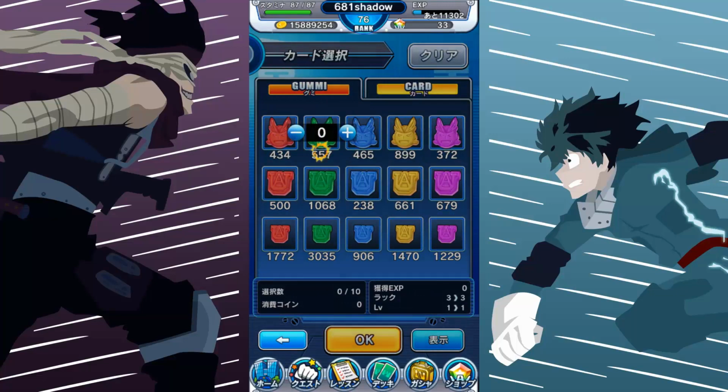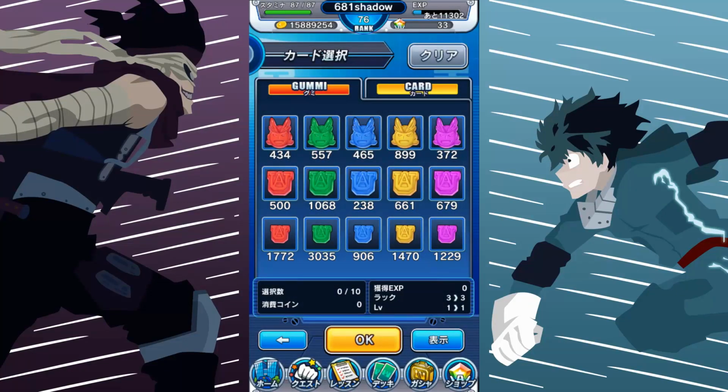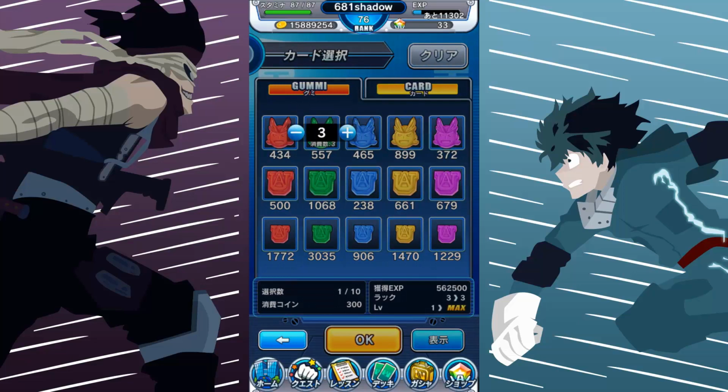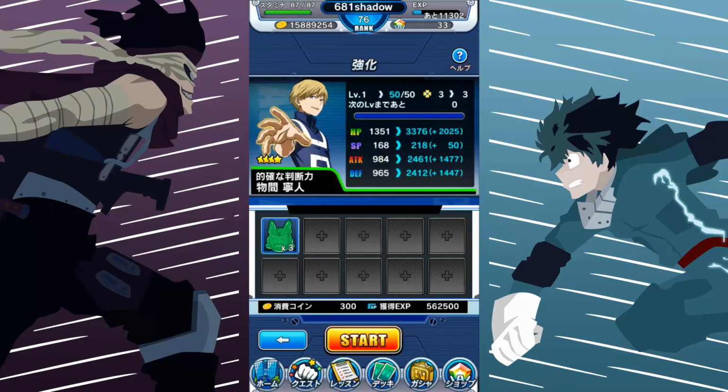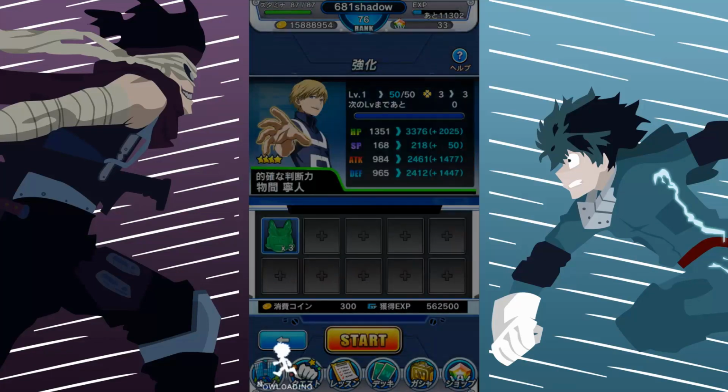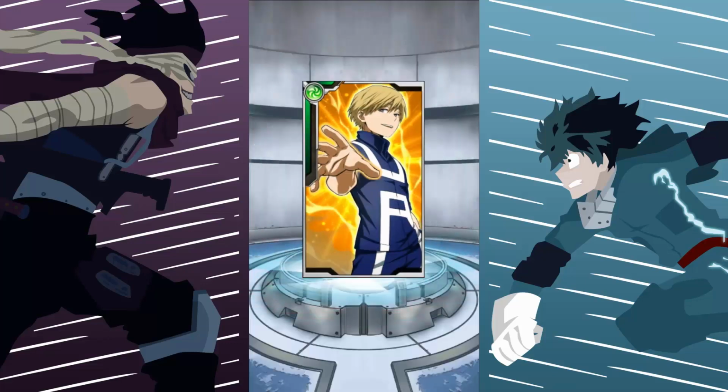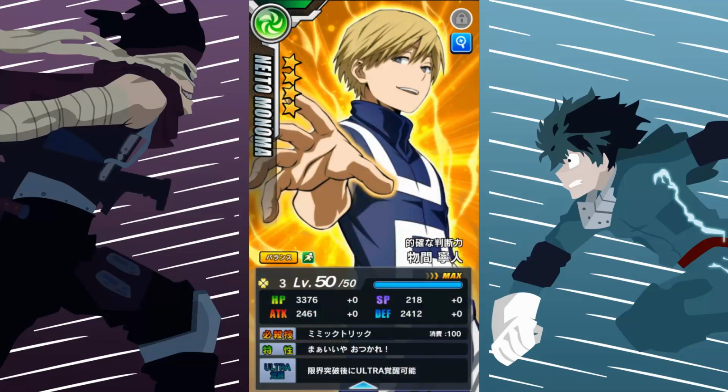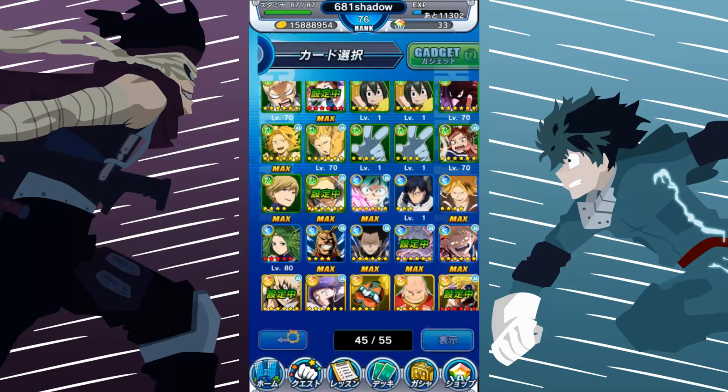Usually, you may not have this many. You definitely won't have this many gummies when you start. But when you have events like the Battle Royale come out, if you farm those up a good amount, you'll get a bunch of gummies. So I'm going to use these All Might gummies and get him to max level. This Monoma will be sort of like our test subject here. So we're going to train him up into max level. And now that he's max level,